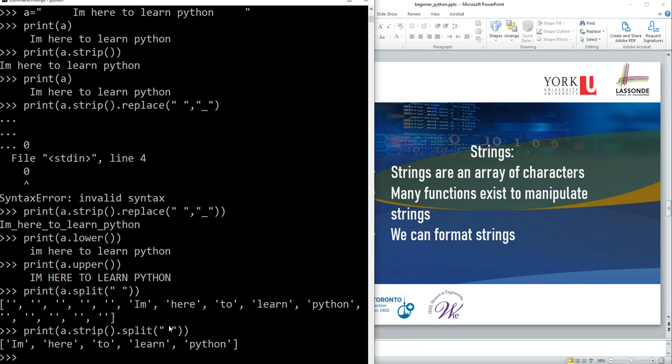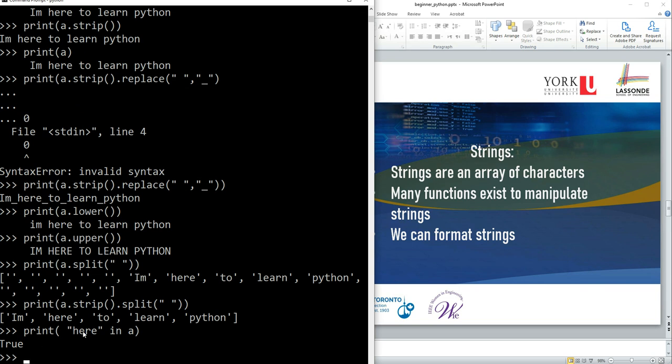So a way to do this is we can use some keywords, such as we can say print the result of, for example, let's say here is in A. Okay, so here in A. So the result is here is actually